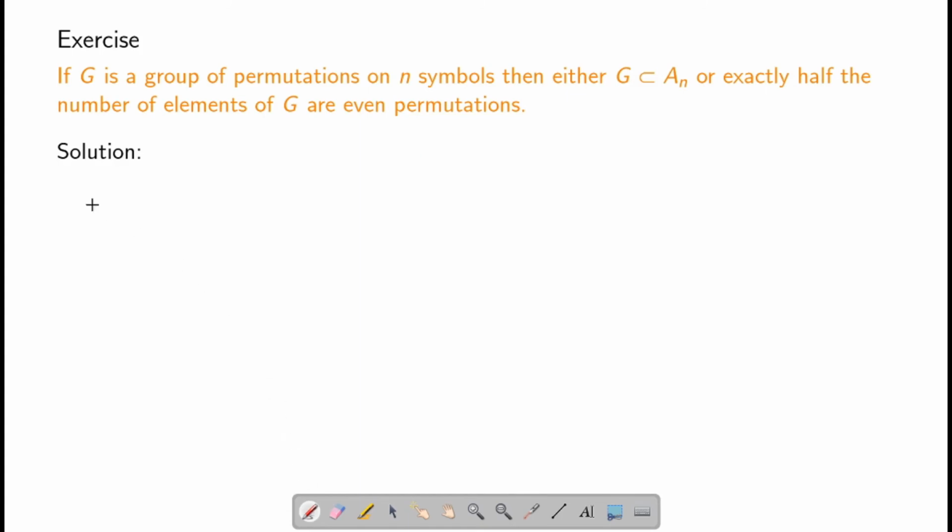So to see that f is 1-1, we look at f of sigma 1 equals f of sigma 2. So suppose f of sigma 1 is equal to f of sigma 2. What does this mean? This means that sigma 1 composition with phi is equal to sigma 2 composition with phi. But these are elements of a group, so I can multiply by phi inverse on both sides to give me sigma 1 is equal to sigma 2. This tells me that f is a 1-1 function.